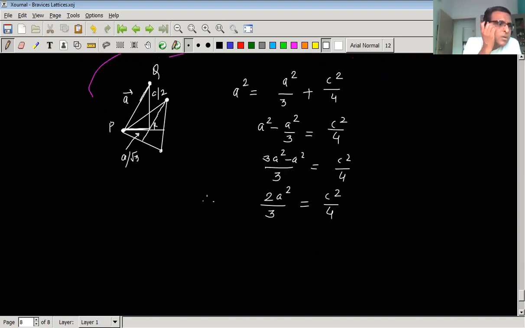So here we have to write down the expression for C by A, or C square by A square. Just rearrange this expression. C square by A square will be equal to 2 into 4 by 3. So it will be simply 8 by 3, or we can write